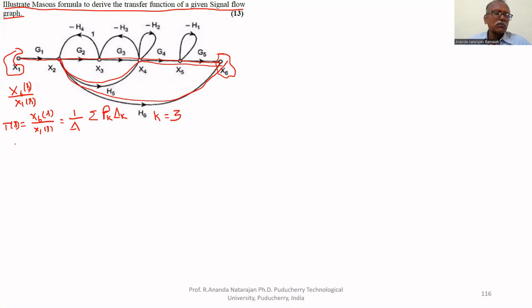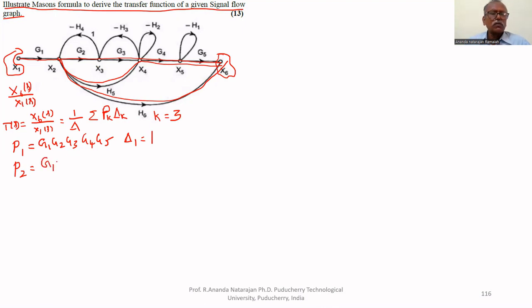P1 equals the gain product of the forward path: G1, G2, G3, G4, G5. Delta 1 equals the part of the graph which is not touching the forward path; it doesn't have any loop. That's why 1. P2 equals